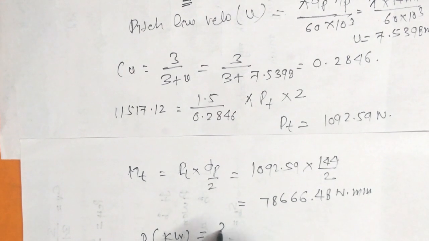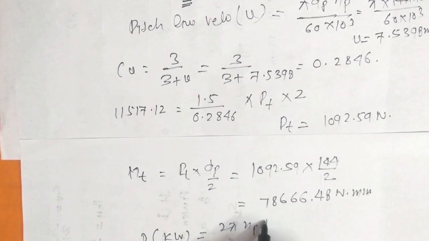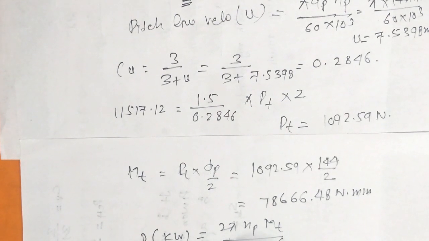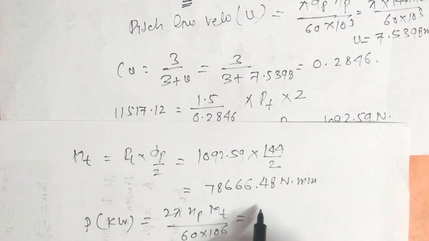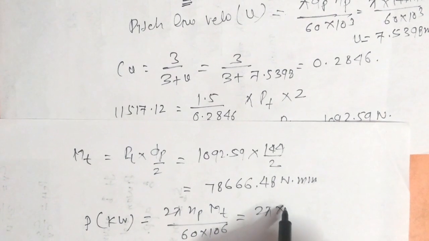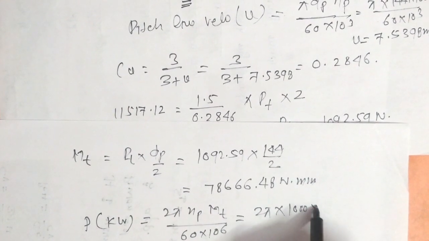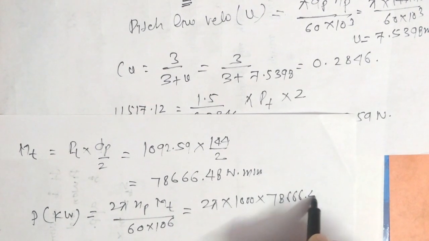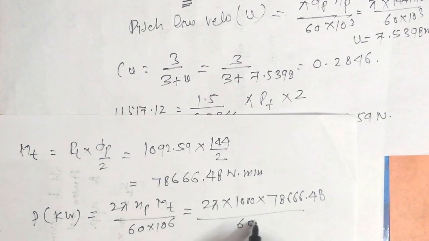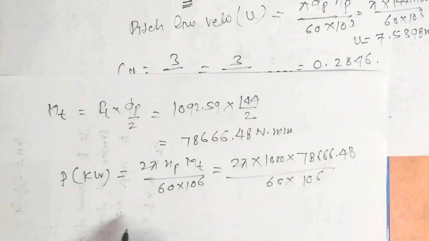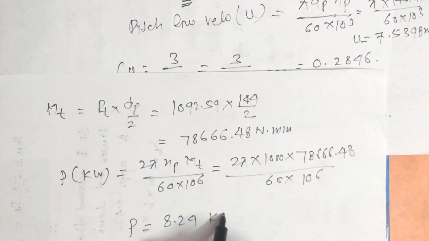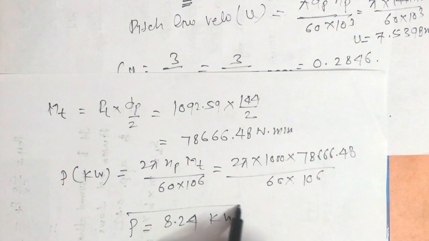So this is 2 pi NP MT divided by 60 into 10 raised to power 6. So putting this value, NP is given as 1000 and MT is 78666.48 divided by 60 into 10 raised to power 6. So P becomes 8.24 kilowatt. So this is our